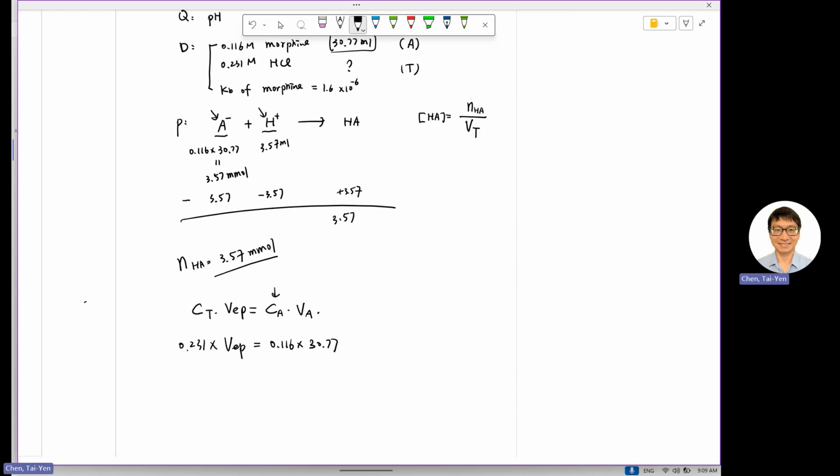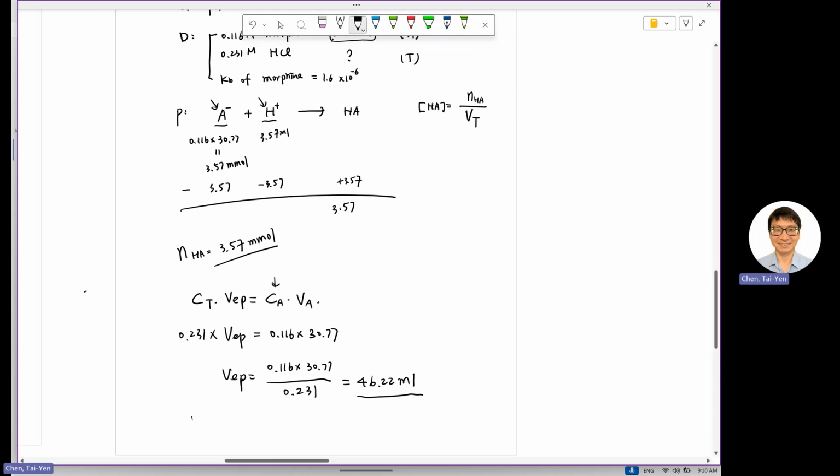Therefore, you know that's the volume of your titrant at equivalence point, right? Therefore, you know your VEP will simply equal 0.116 times 30.77 divided by 0.231, which equals 46.22 milliliters. Okay. So once you know this,